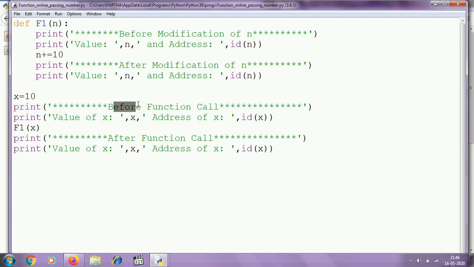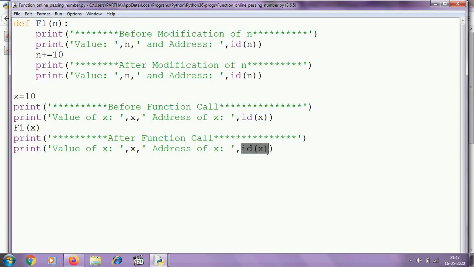So before the function call, here we are printing the value of x and address of x, and after the function call, here we are printing the value of x as well as the memory address of x. So basically we are going to check the value of the argument and address before the function call, and after the function call we are again checking the value of the argument x and the memory address of the argument x.